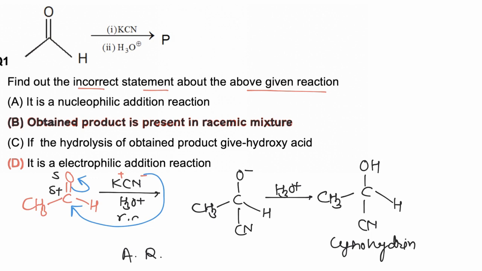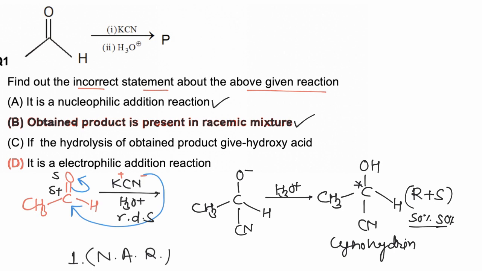Now the first step is slow and the nucleophile is involved in the slowest step, so this is a nucleophilic addition reaction. So statement 1 is correct. In this reaction, the reactant does not have any chiral carbon while the product has one chiral carbon. So a pair of enantiomers will be formed in equal quantity, an RS or DL mixture. So the solution will be a racemic mixture in which 50% R and 50% S are present, and hence option B is